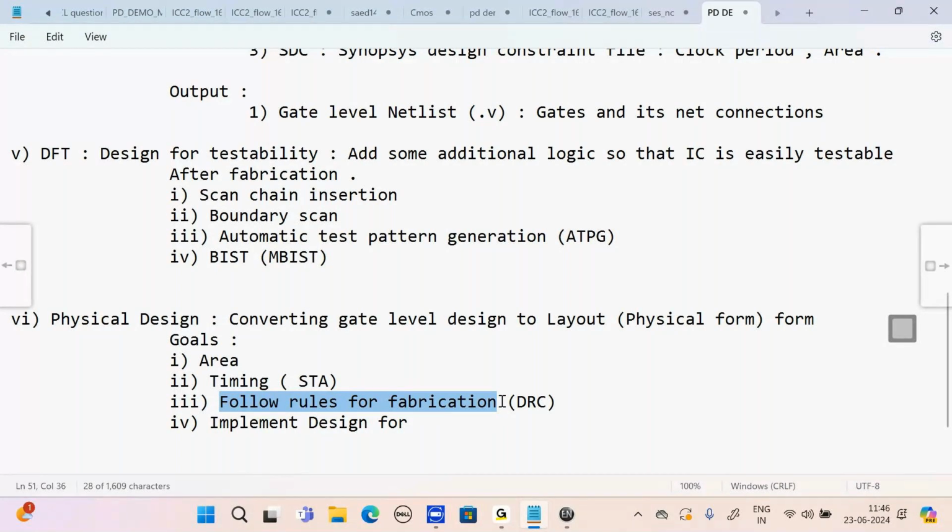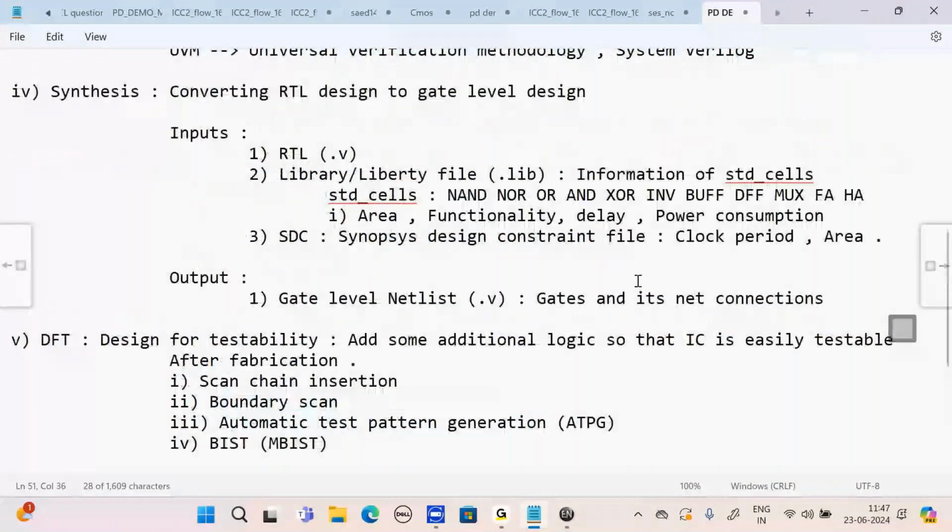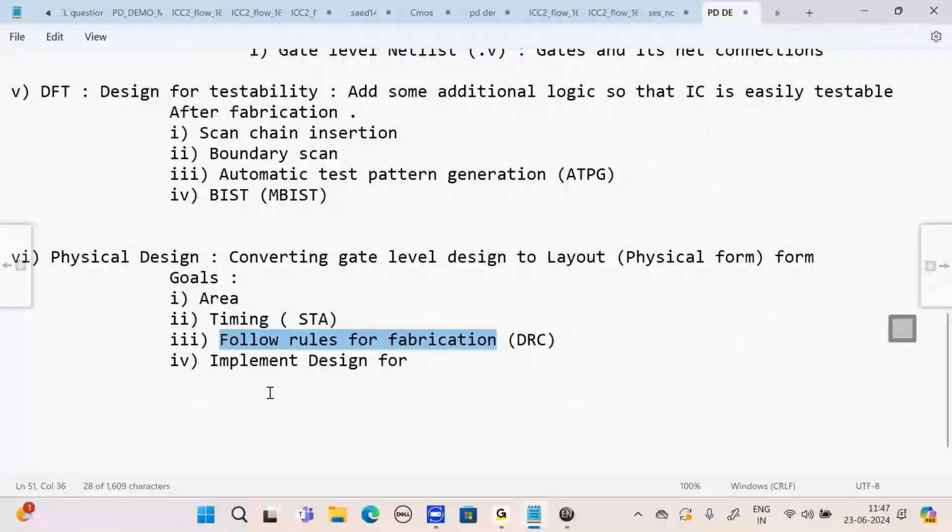Follow some rules like add tap cells, add end cap cells. End cap cells and tap cells are not standard cells. These are the cells added to my design so that my design is easy for fabrication. During fabrication, no harm is going to happen for